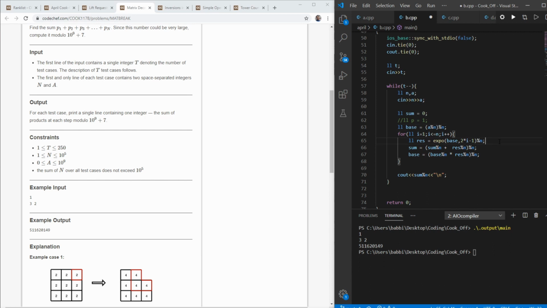So I will find the result, which is the value Pi, which is here first of all P1.